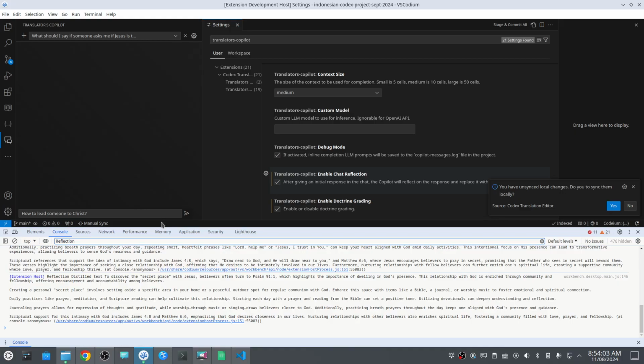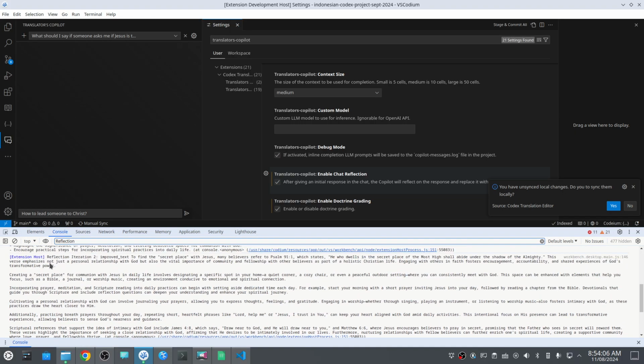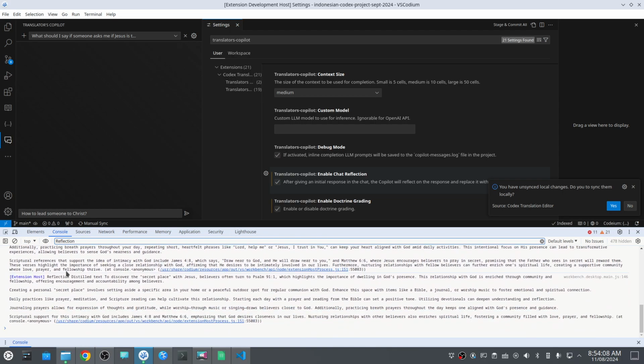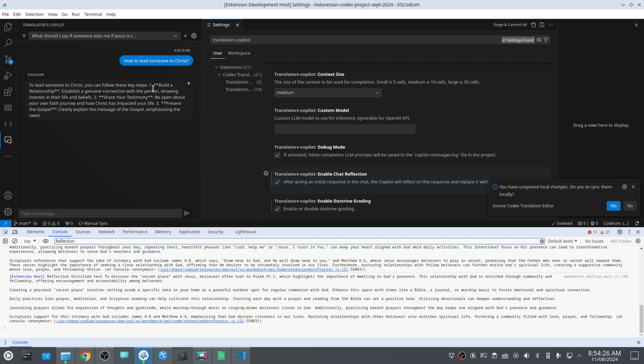So I'm going to do Control-Shift-I. That brings this up down here, and you can see some previous stuff that I had going. I have reflection typed in as a filter so that I get reflection stuff. And I'm going to go ahead and hit go. So it goes ahead, and this is the initial response. To lead someone to Christ, you can follow these steps, and it has several points of how to lead someone to Christ. And as soon as it finishes the initial response,